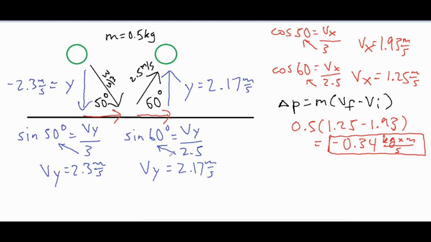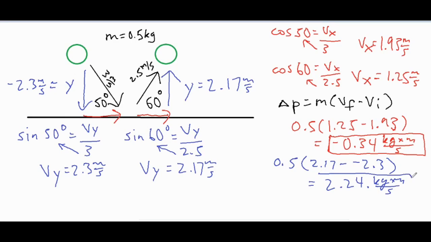Now for the blue ones, our vertical direction, we have a mass of 0.5 still, and then we're going to take our final velocity of 2.17 and then subtract our initial of negative 2.3, which is basically just adding the two if you're subtracting a negative. And then we get a final impulse of 2.24